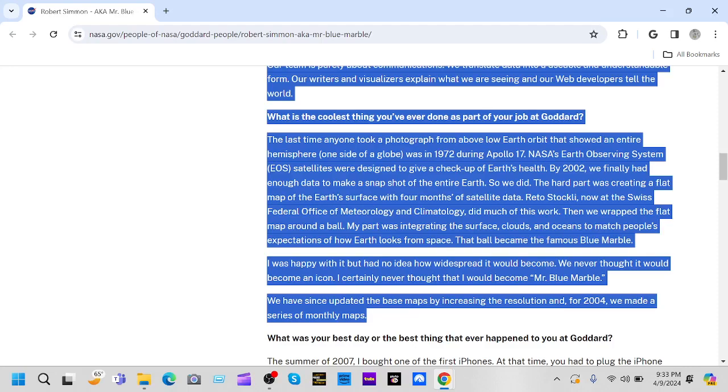Okay? The ball became the famous blue marble. I was happy with it and had no idea how widespread it would become. We never thought it would become an icon. I certainly never thought I would become Mr. Blue Marble. We have since updated the base maps by increasing the resolution, and for 2004, we made a series of monthly maps. Okay? Right there in their own words,